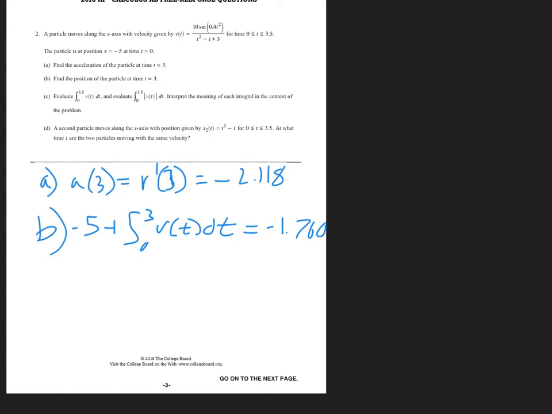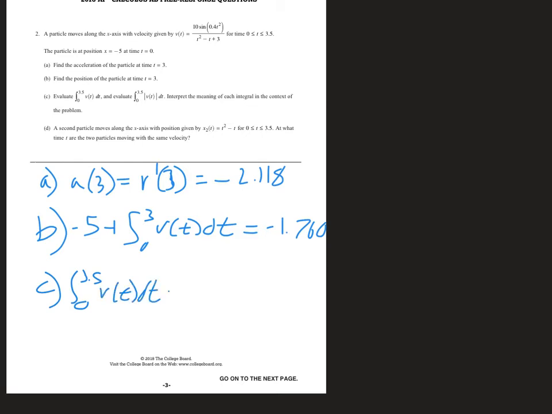Part C really actually just does a nice job of helping us to illustrate what I was saying here, where what does this thing mean? Well, and they changed it to 3.5, but oh well. What this means is the displacement from your starting value to your finishing value there. How far are you from where you started? And we're supposed to evaluate each of those things and then say what they mean. So if we evaluate the first one, the integral from 0 to 3.5 of v of t,